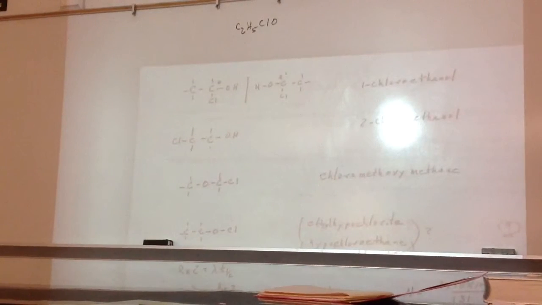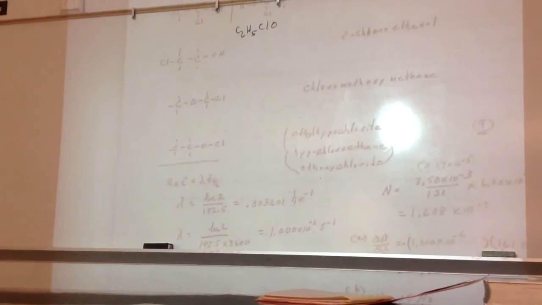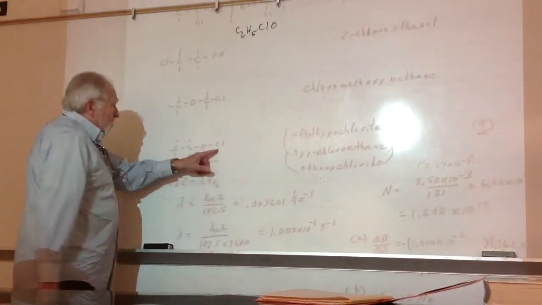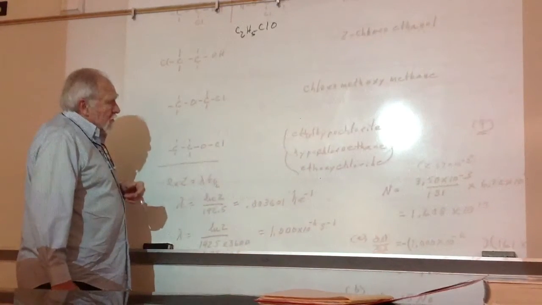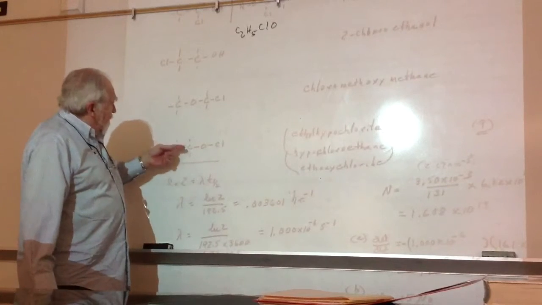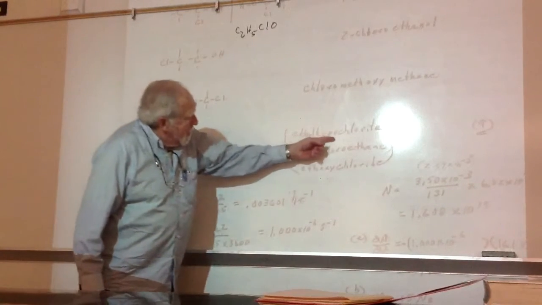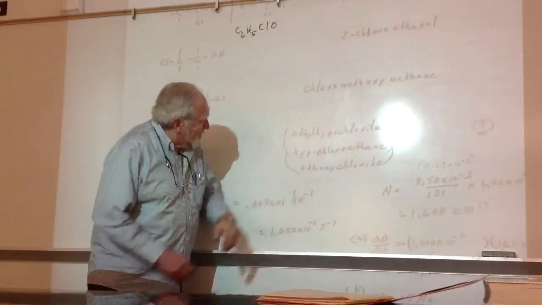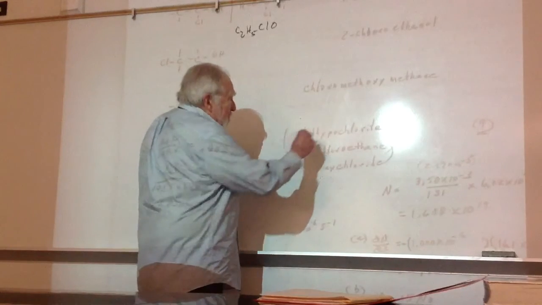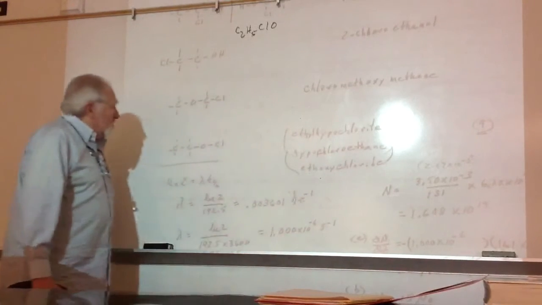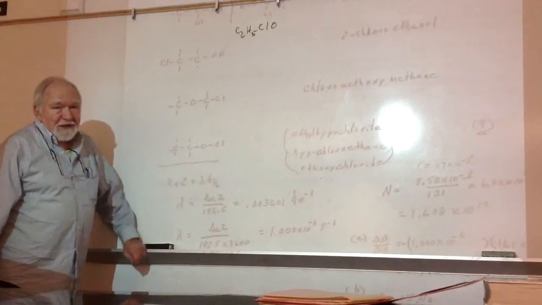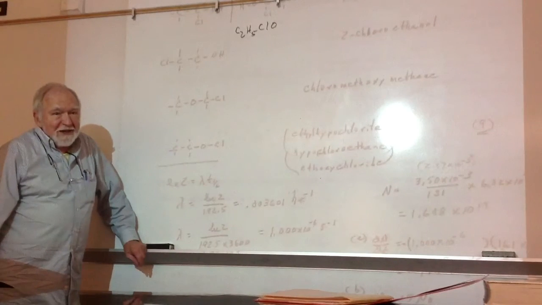And then the last one, I will accept any of 3 names because we didn't cover the nomenclature of this. But this is putting the Cl over here. And these are all the ones you can draw, by the way. So this is either ethyl hypochlorite, H-Y-P-O, that's what that says. Hypochlorite, in other words, ClO minus is the hypochlorite, and all you did was put the ethyl in place of the hydrogen there. Or